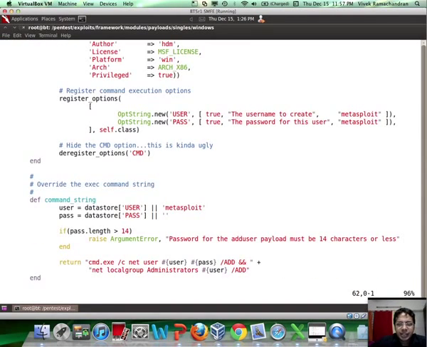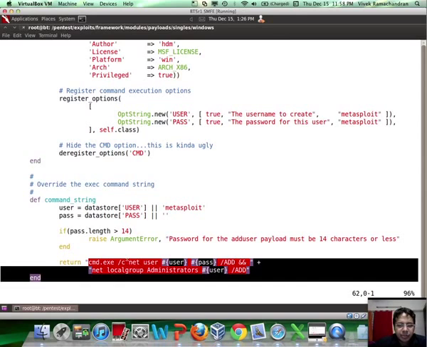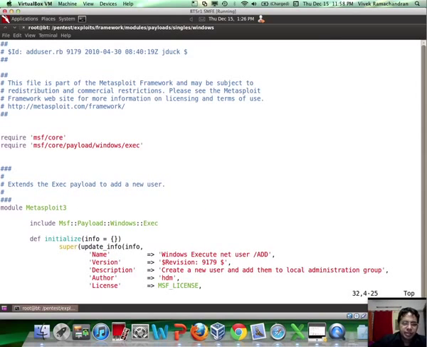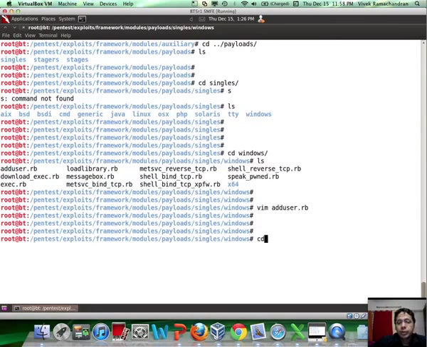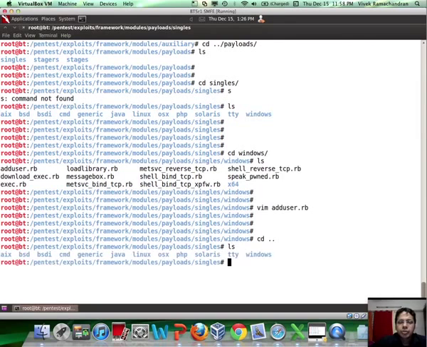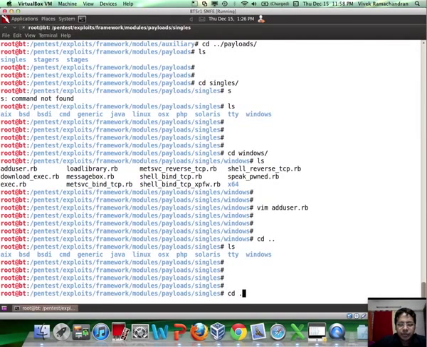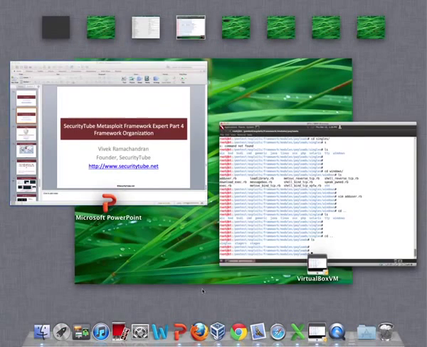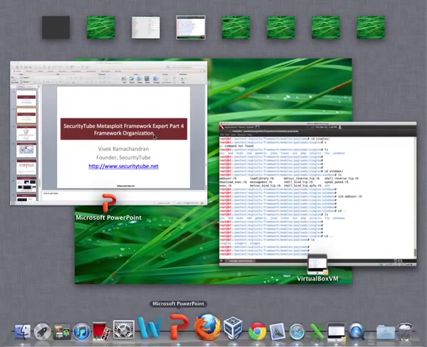And basically, what this actually does is run this command, cmd, right? The whole net user stuff, add net localgroup administrators, right? Fantastic. So now you even know how it works internally. So singles are self-contained payloads. The next thing which you would actually find is, if we go back to the PPT,